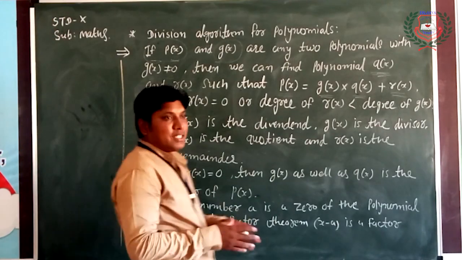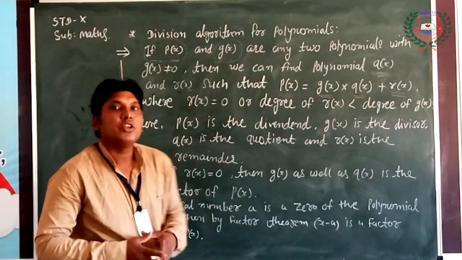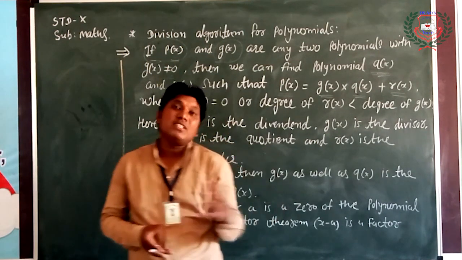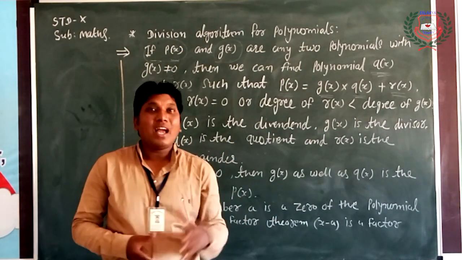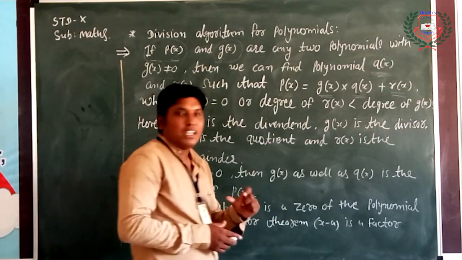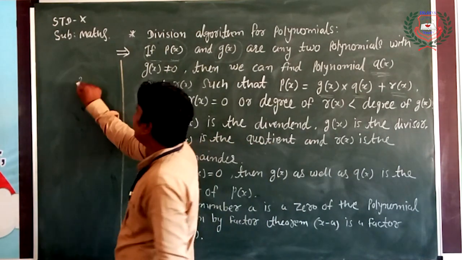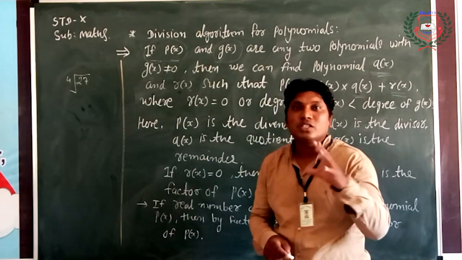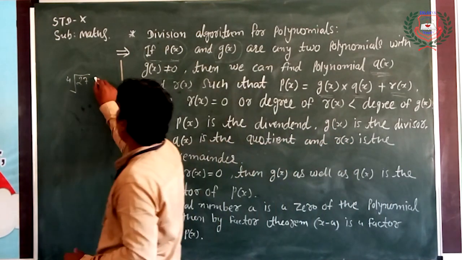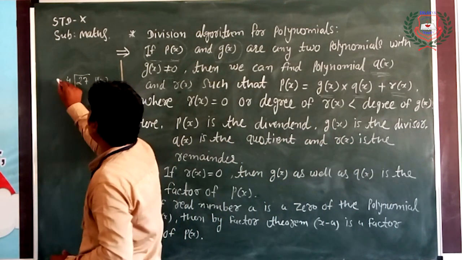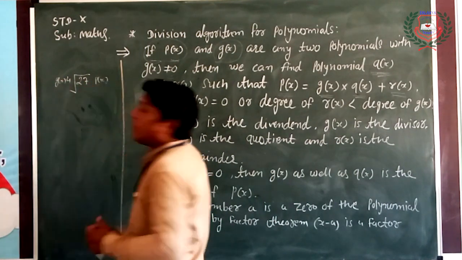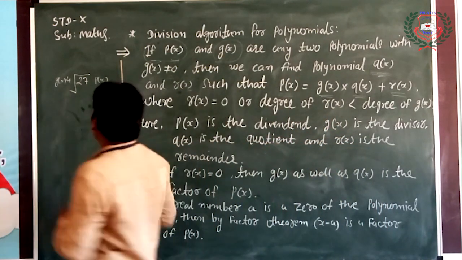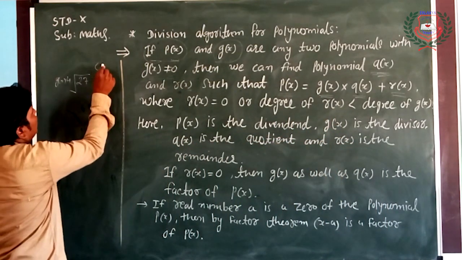Now after exercise 2.2 we have a new concept, division algorithm for polynomials. तो ये डिवीजन एल्गोरिथम क्या है? पहले के क्लास में आप डिवीजन सीखे थे. किसी भी नंबर को, सपोज करो आप 27 है, उसको डिवाइड करते हो 4 से. तो सपोज करो ये हमारे पास p of x है और ये g of x. इसको हम डिवाइड करते हैं तो हमें आंसर मिलता है, q of x.